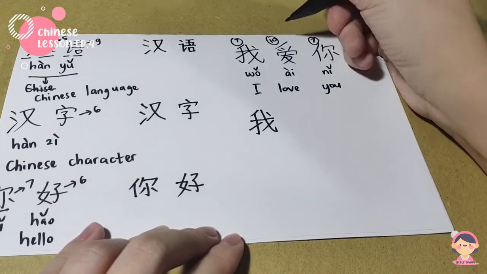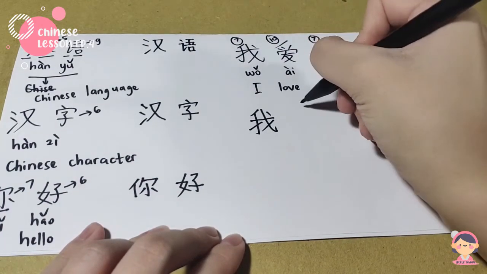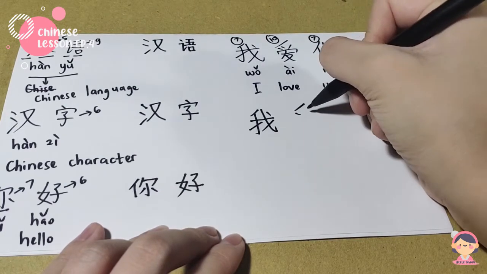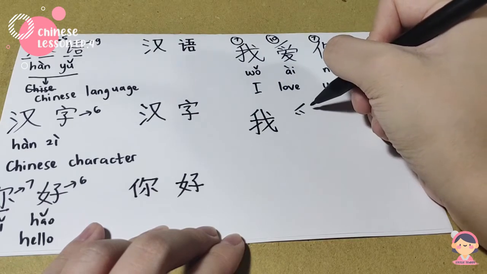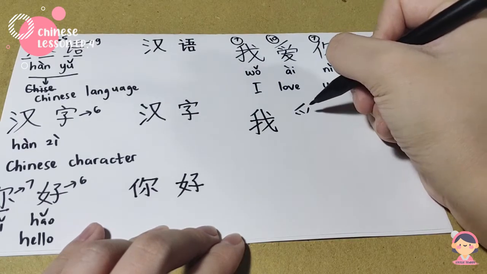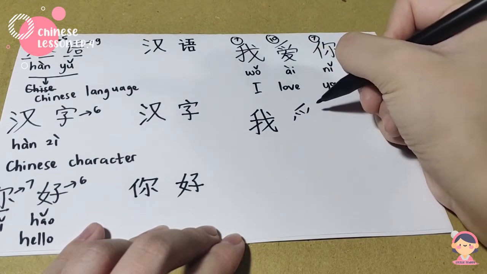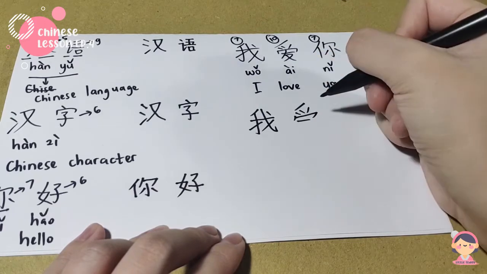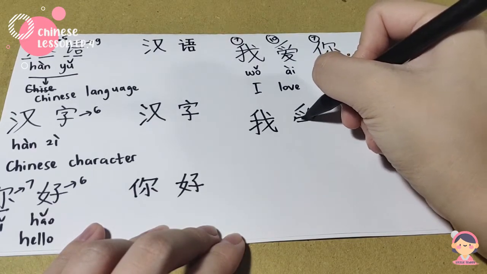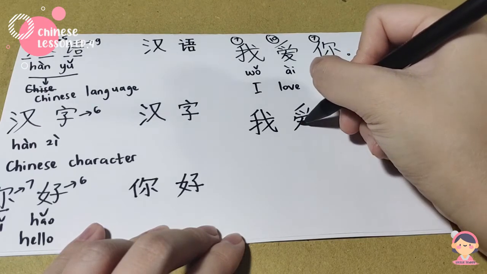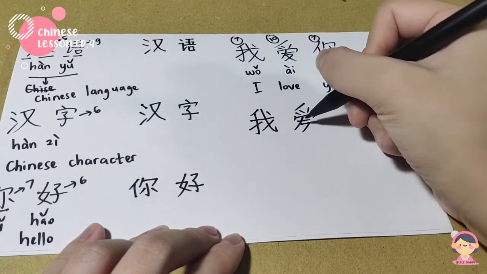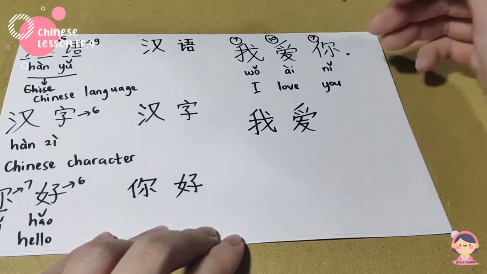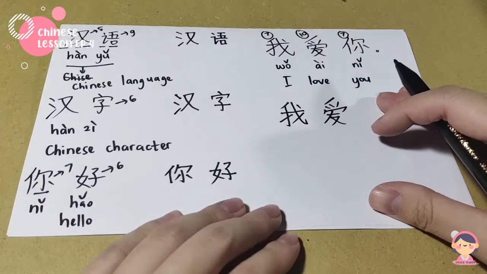And for 爱, we write it from the top to bottom. 1, 2, 3, 4, 5, 6, 7, 8, 9, 10. And for 你, the same with 你好. So